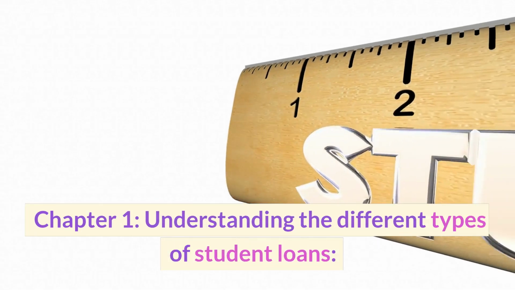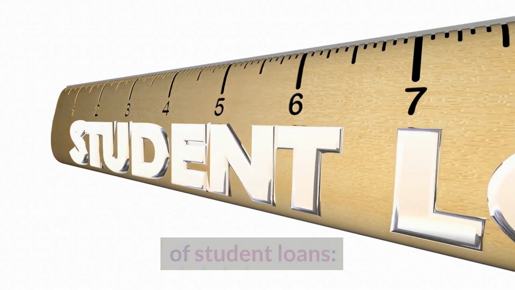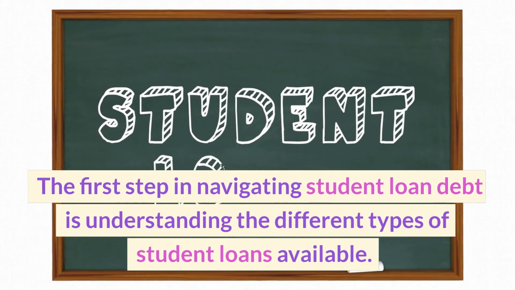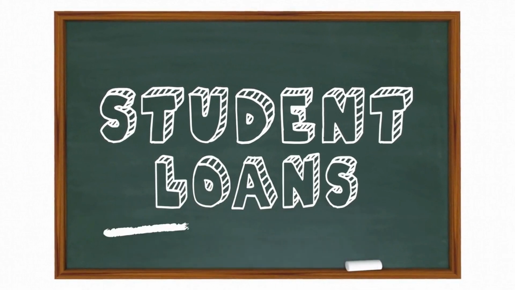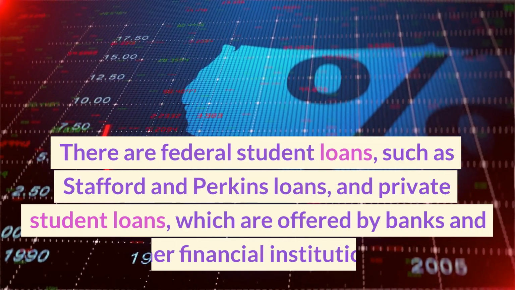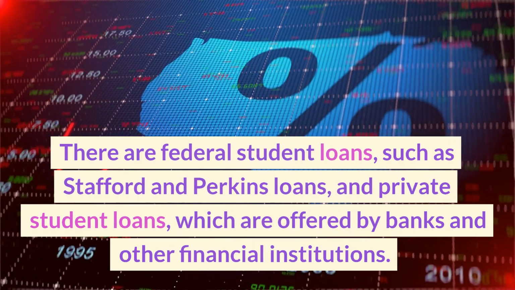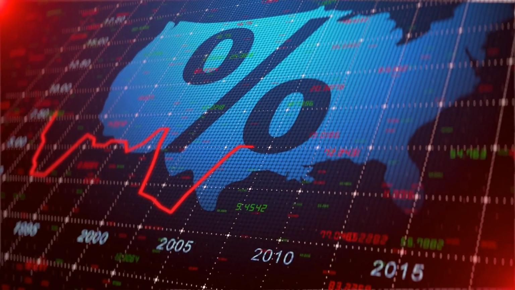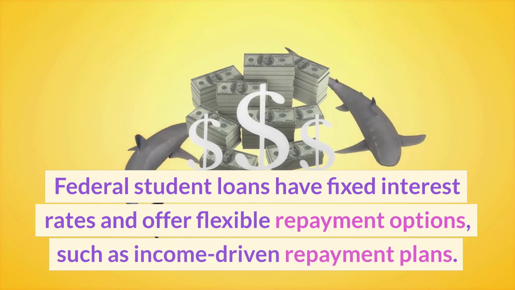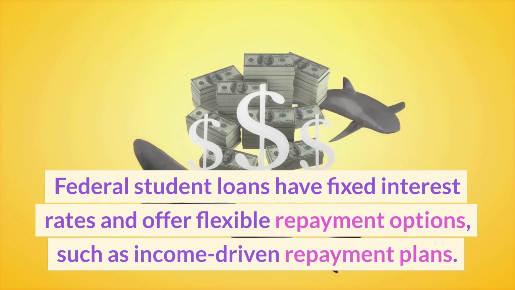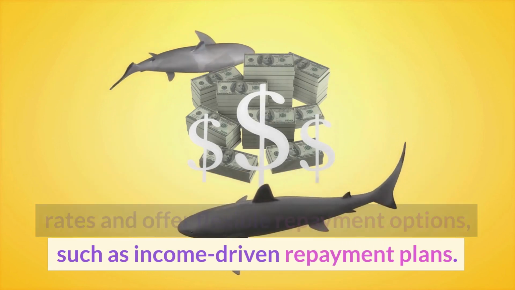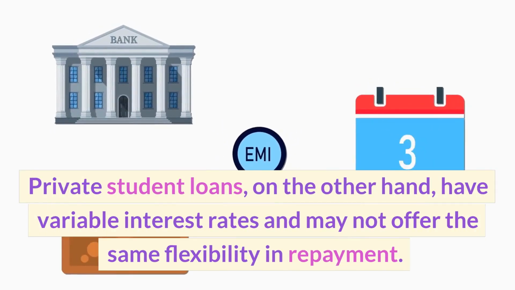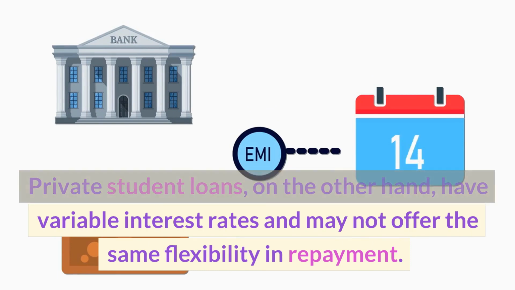Chapter 1: Understanding the different types of student loans. The first step in navigating student loan debt is understanding the different types of student loans available. There are federal student loans, such as Stafford and Perkins loans, and private student loans, which are offered by banks and other financial institutions. Federal student loans have fixed interest rates and offer flexible repayment options, such as income-driven repayment plans. Private student loans, on the other hand, have variable interest rates and may not offer the same flexibility in